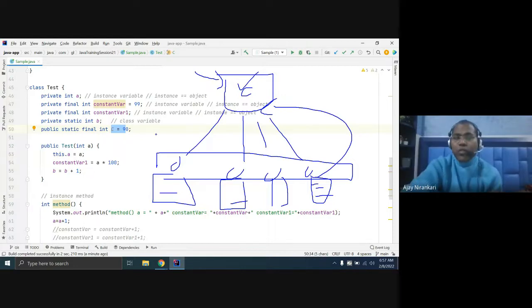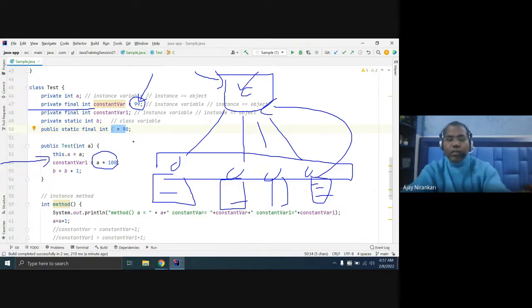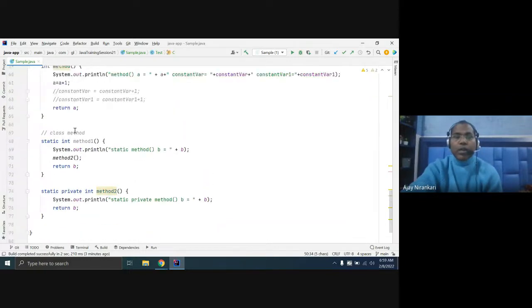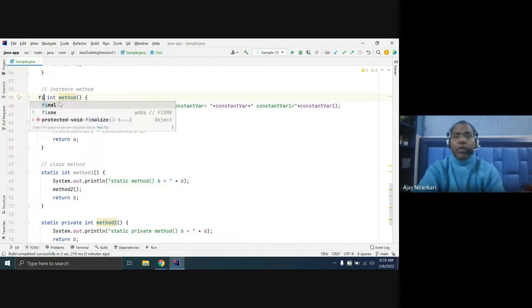So this is one use case of your static variable. Whenever you are declaring any variable, you have an option: you can give the initial value at the same time, or you can give the initial value in the constructor. These are the only two places where you can give the initial value for your final variable. And final, sometimes, as Pushpit mentioned, you can declare a method as final. Then what happens?